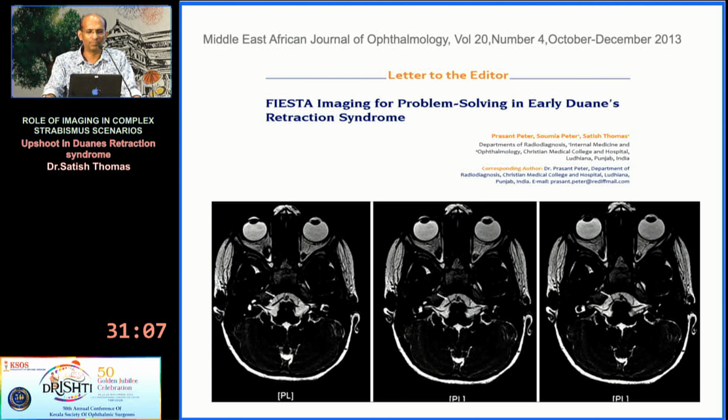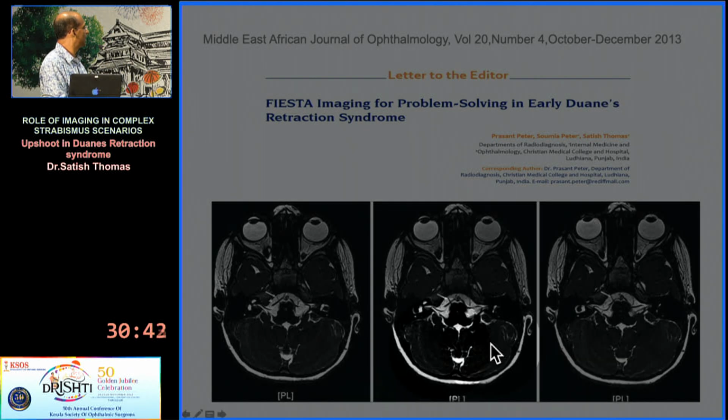We have this publication in the Middle Eastern African Journal, where in dilemmas where you don't know whether you're dealing with a lateral rectus palsy or Duane's retraction syndrome, MRI FIESTA imaging, the fast imaging employing steady state acquisition, helps us in solving this dilemma. In this picture,